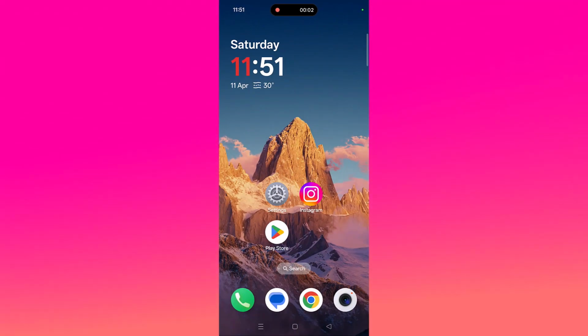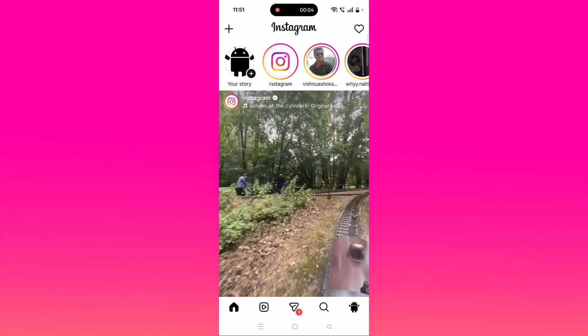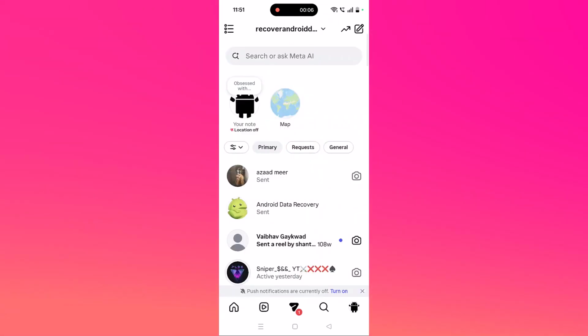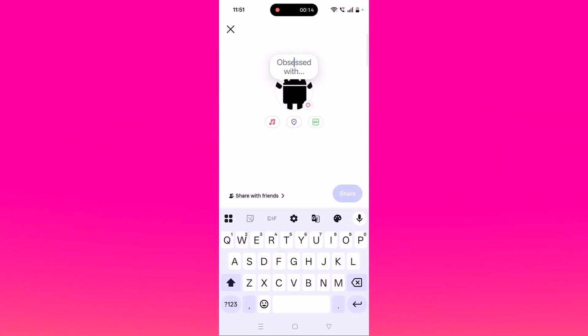And then launch the Instagram app. Go to message, click on your note, and here you can see that the GIF option is now showing over here. So tap on the GIF option,